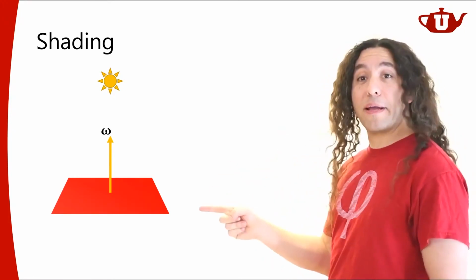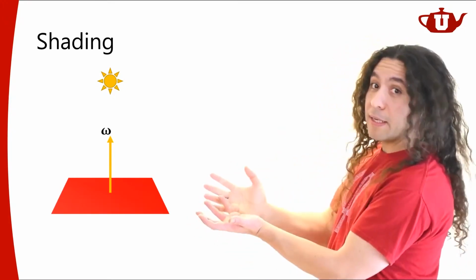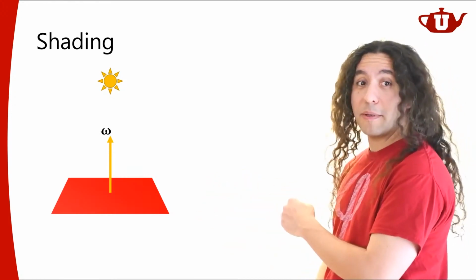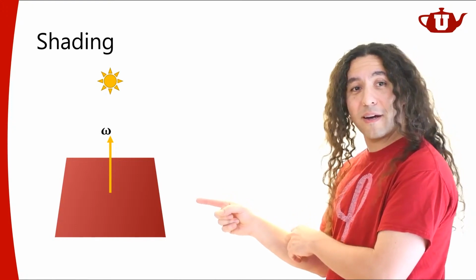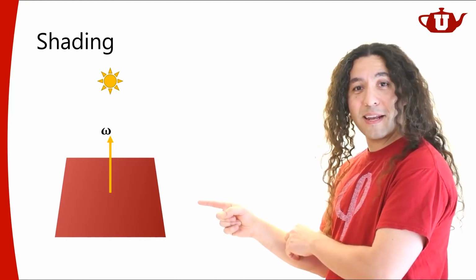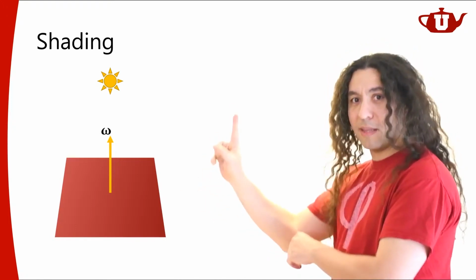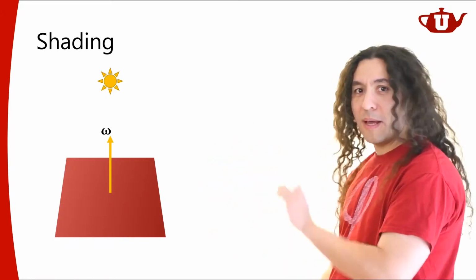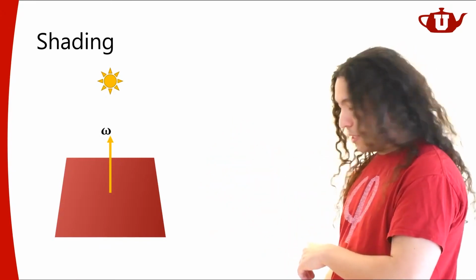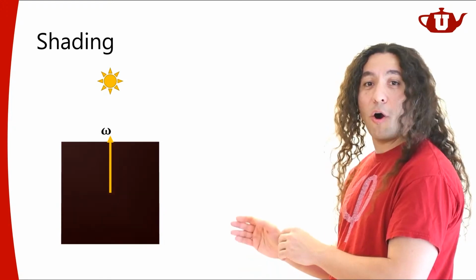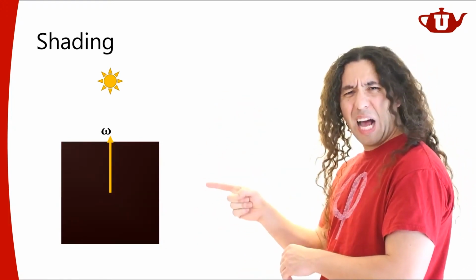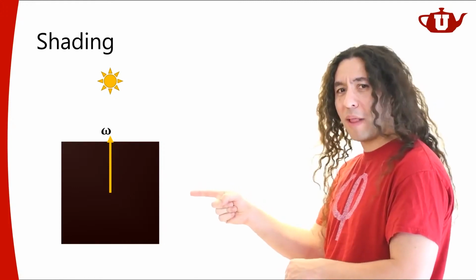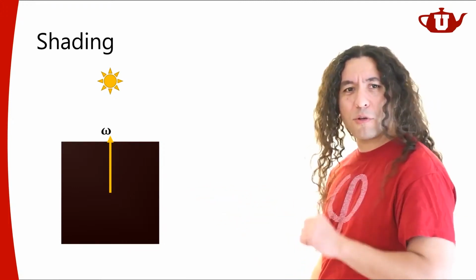So if I take this plane and I rotate it, what's going to happen? If I rotate it a little bit, it's getting a little bit darker, you see? It's getting a little bit darker. See, my light direction is still up, but I rotated my plane. I'm going to rotate it some more such that it's almost in the same plane as my light direction. It's almost black now. It's not quite black, it's still reddish, but it's almost black.